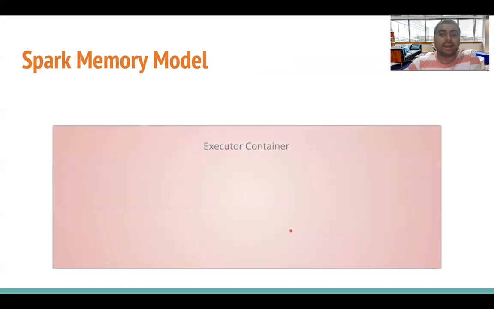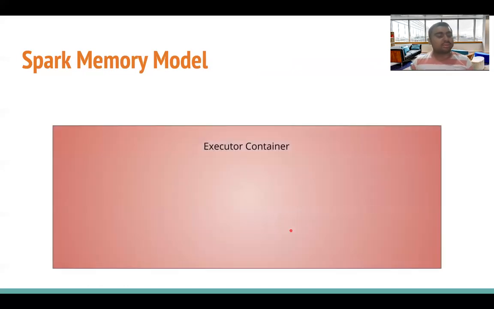The next is, let's talk about the Spark memory model. The Spark memory model has evolved over a period of time, and it's unified. I'll talk about what unified means. But before we go into being unified, there is the executor.